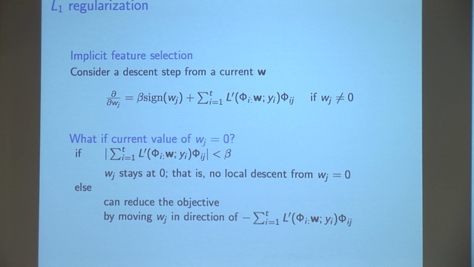Think about least squares. As you get closer to 0, it flattens out, so it'll never keep you at 0. You've always got a little bit of a compromise between this pressure, which gets weaker and weaker as you get to 0, and the loss minimizer. So you make it sharp, and a lot of the weights go to 0. As you increase beta, the only thing that can happen is weights get smaller and more weights get stuck at 0. So beta is like your feature selection knob. I'm not trying to sell this, it's just the way it works. If you make it bigger, it makes the solution sparser; make it smaller, it gets less sparse.